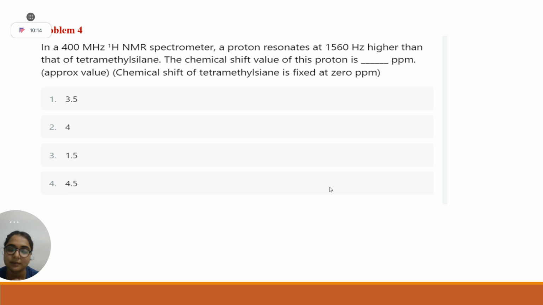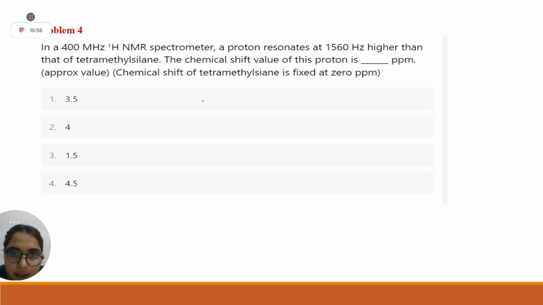Sir has covered this. Tell me. Tetramethylsilane is a reference material which is used to locate the resonating frequency of proton. Okay, very good. But why tetramethylsilane only? Because all the hydrogens of the four methyl groups are magnetically equivalent, and they are volatile, and therefore it is used as the reference material. And the most important thing is that its chemical shift value is 0 ppm, and it doesn't react with your sample also. So it can't interfere with the signals of your sample.